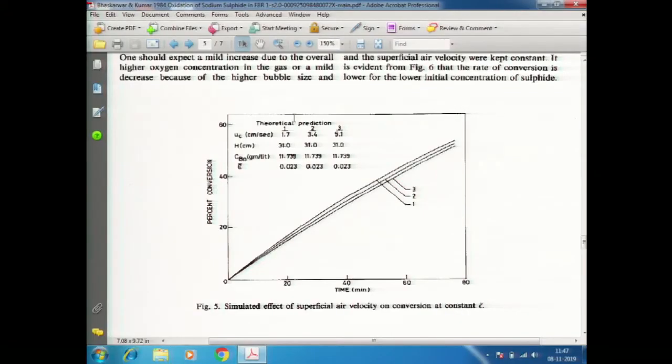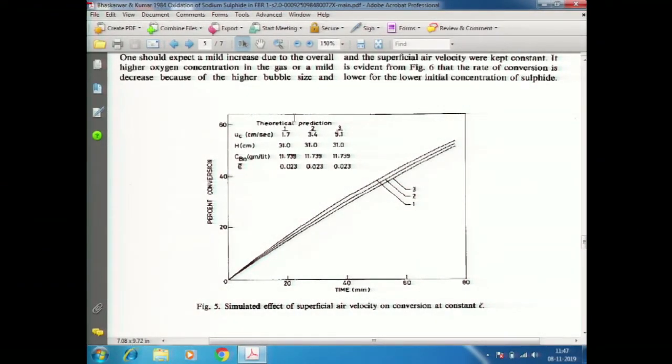And this happens to be the case for reactions which are fast, but not very fast. If the reaction were very fast, the entire conversion of oxygen would have happened very near the surface, and it would not matter whether the film is this thick or that thick. That is the insight we get from the model, and these results we could no way obtain experimentally. So, we have to understand the worth of a model.